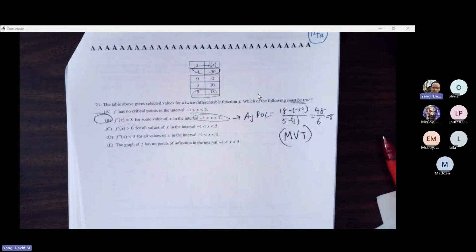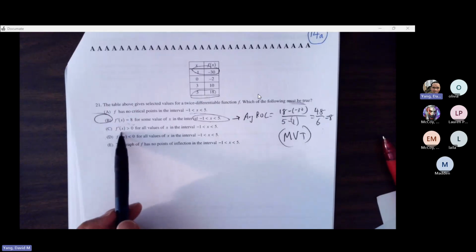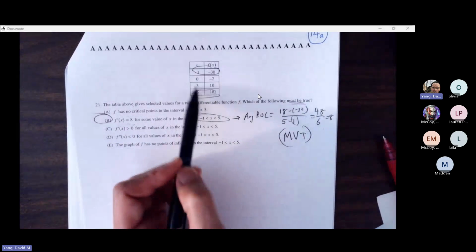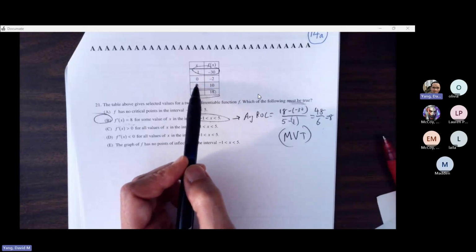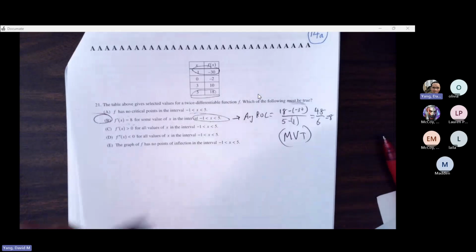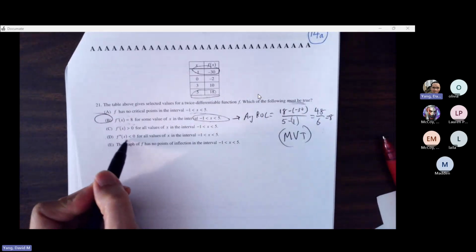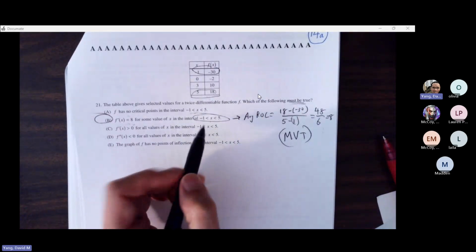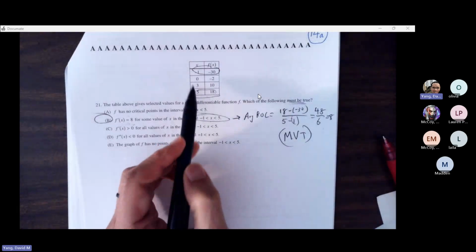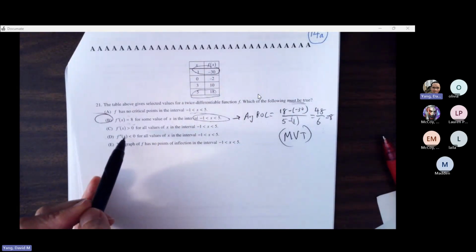If there is an average rate of change of 8 between two endpoints, there must be a place where the slope is exactly 8. The other choices here, positive slope for all values between -1 and 5. Maybe that's the way that we graph it, but maybe the graph dips from 0 to 3 and we don't know about it because the table of values doesn't show us. So here, negative slope between -1 and 5, there's an average rate of change of negative from -1 to 5. Well,